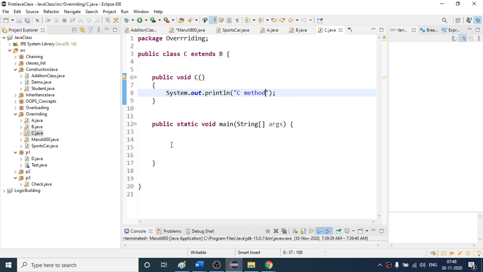So if I create the object of simply class C, C object equals new C,